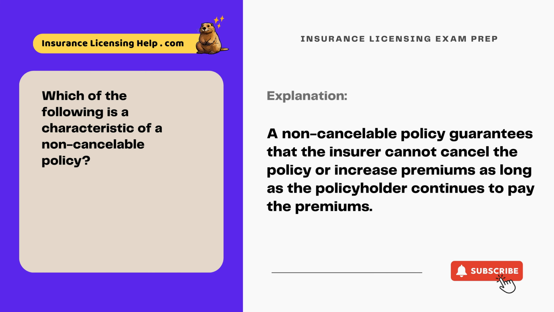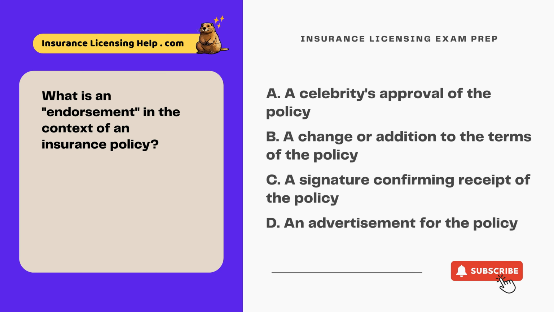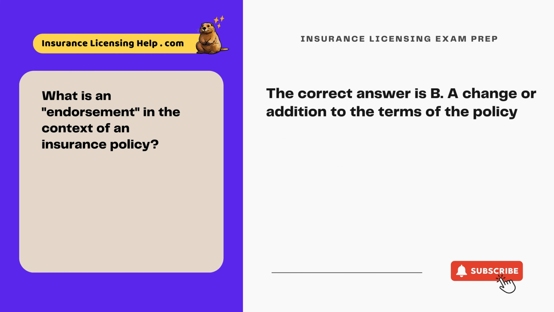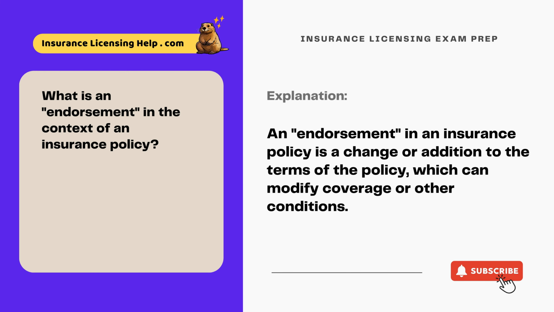to pay the premiums. What is an endorsement in the context of an insurance policy? A, a celebrity's approval of the policy. B, a change or addition to the terms of the policy. C, a signature confirming receipt of the policy. D, an advertisement for the policy. The correct answer is B. A change or addition to the terms of the policy. An endorsement in an insurance policy is a change or addition to the terms of the policy, which can modify